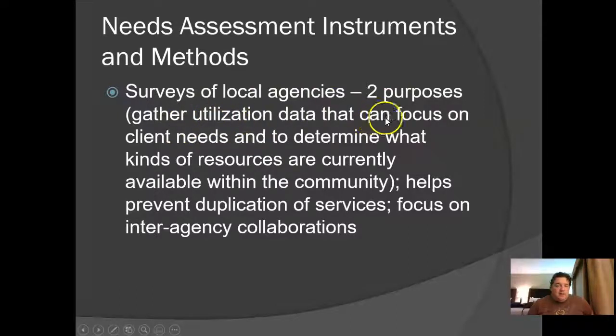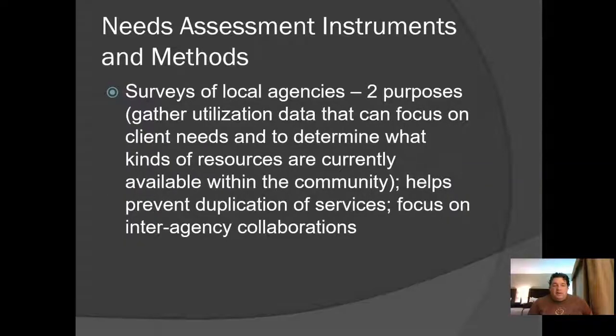You want to find out how they're being used, what kind of services they provide, and what kind of resources are available to you when you're working with certain populations. Does your church or do the churches provide a food pantry, things like that? Those might all be helpful because you might get them to actually provide specifically, if you have a battered women's shelter, you might be able to get food directly from a church. And that would help you with your overall budget and things like that.